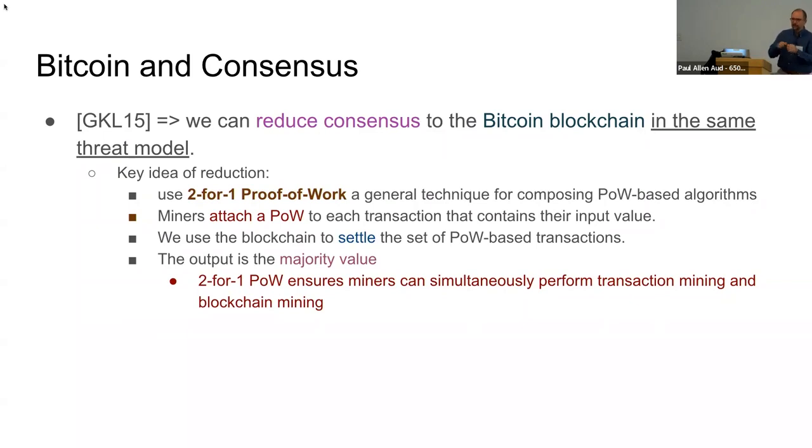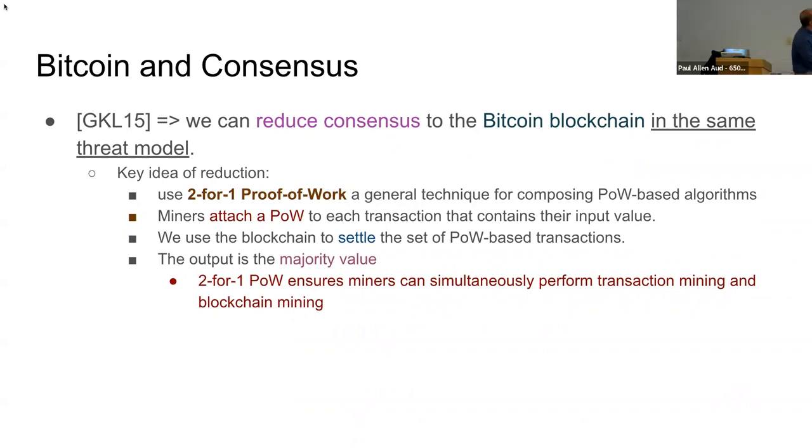But there's a catch. And that catch is that we don't have identities. We don't know how many people are there. So how are we going to be able to do this reduction? This seemingly very easy reduction is not so simple. However, there is a simple way that this can be done.